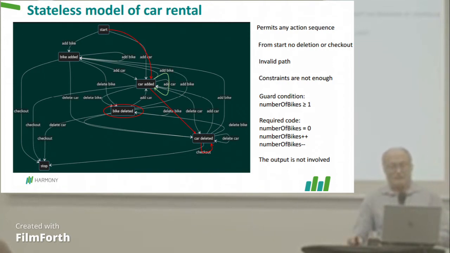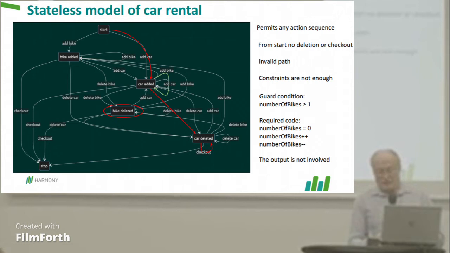You can see here. So first I add a car. Then I delete a car, and I delete a car again. But in this way, we have -1 car, which is not possible. You can think that a constraint can be a solution, so that we cannot have two car deletions in a row, but it's not true. Because if we add another car, then